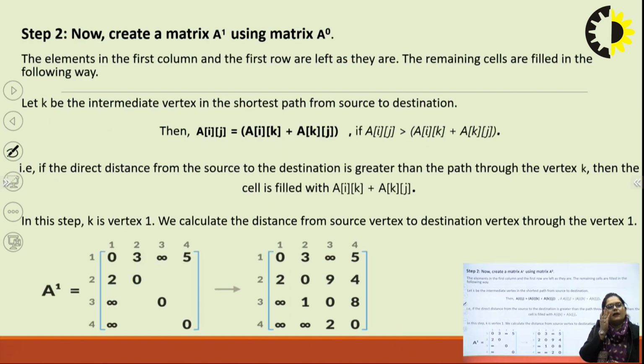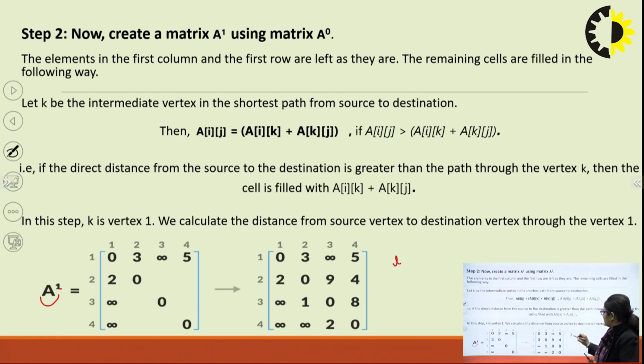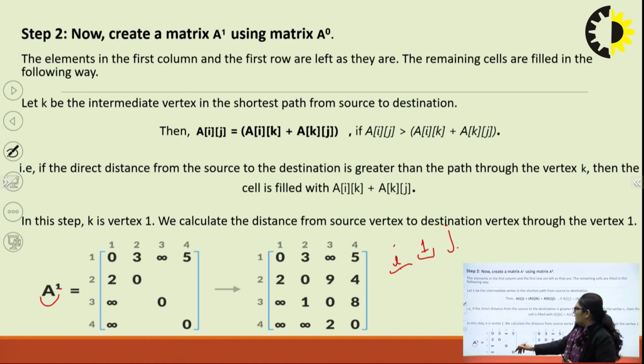Then after that we will calculate the matrix A1. This is step 2. What does 1 represent here? Suppose we have to go from I to J, where I is the source node and J is the destination node. Then instead of going directly, you first go from I to the intermediate vertex 1, and then from 1 you go to J. Here, first, if you have to calculate the matrix A to the power 1, then the first row and